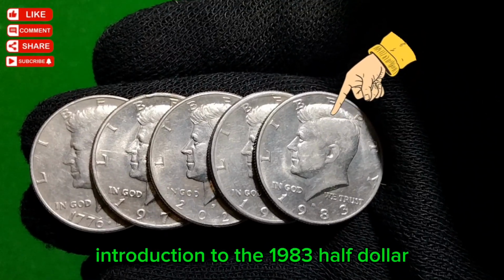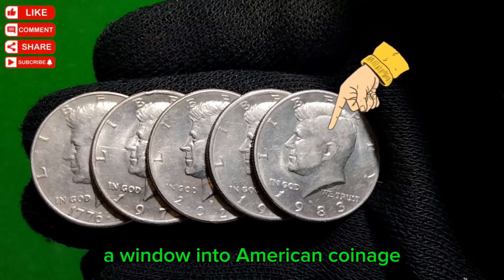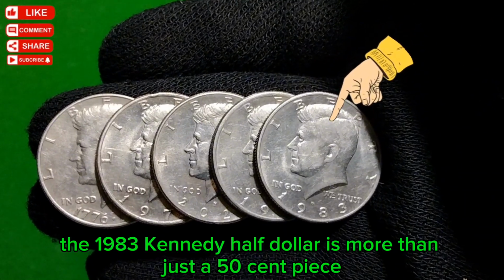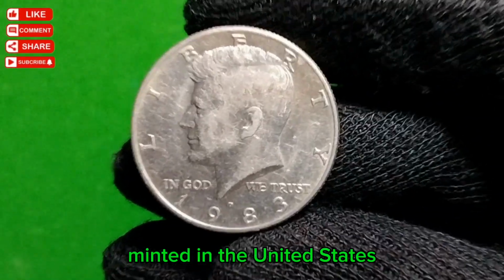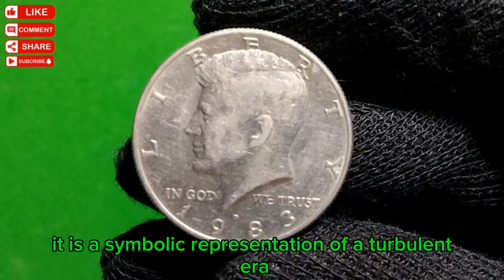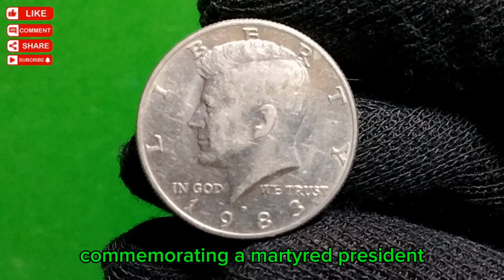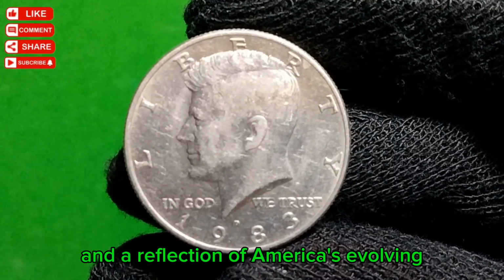Introduction to the 1983 half dollar, a window into American coinage. The 1983 Kennedy half dollar is more than just a 50-cent piece minted in the United States. It is a symbolic representation of a turbulent era, commemorating a martyred president, and a reflection of America's evolving relationship